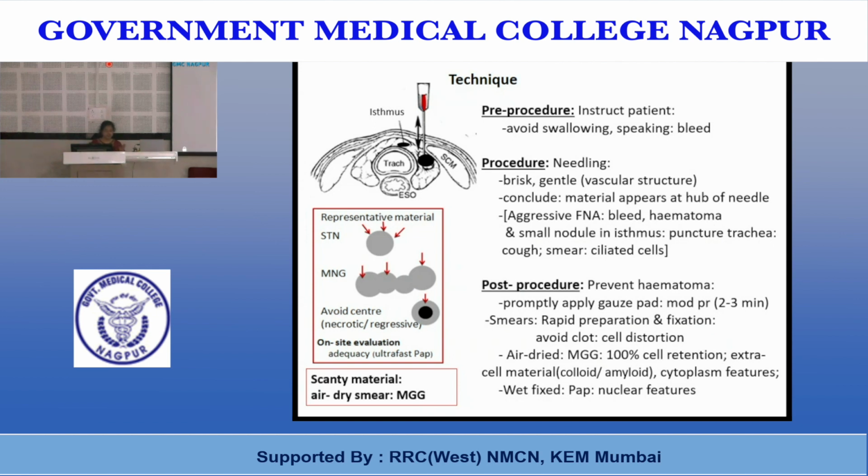Half the smears you fix, half of it you keep as air dried. If you have scanty material, 1 or 2 slides, always prefer to air dry it, because with MGG you will get 100% cell retention, and the extracellular material, that is colloid and amyloid, and the cytoplasmic features, are best seen in the MGG. Now, I have gone into such technical details so that we can reduce this unsatisfactory category,